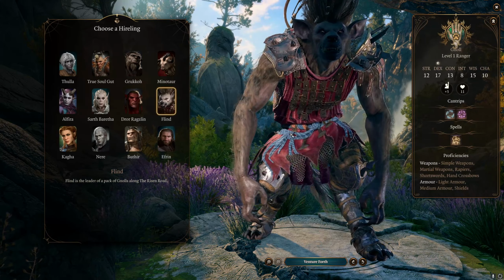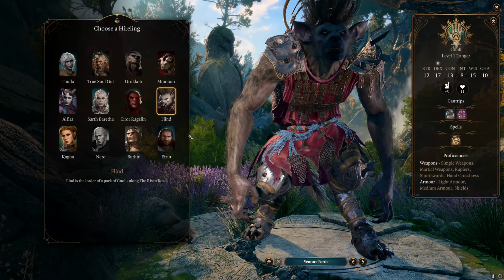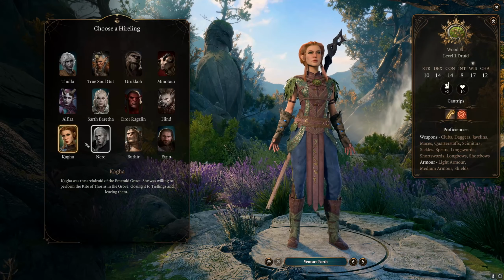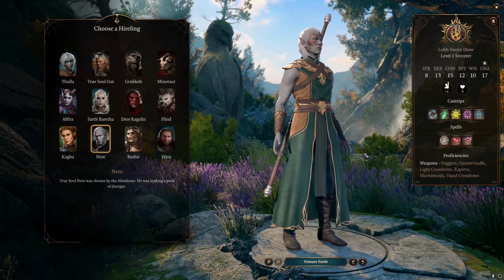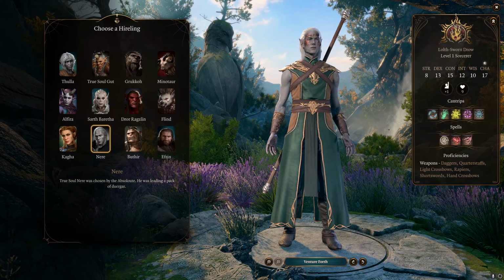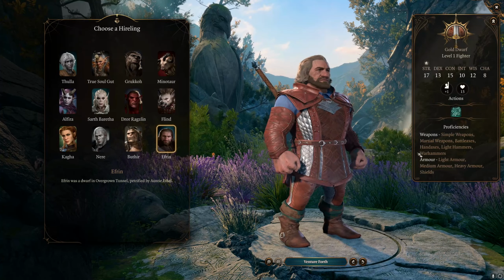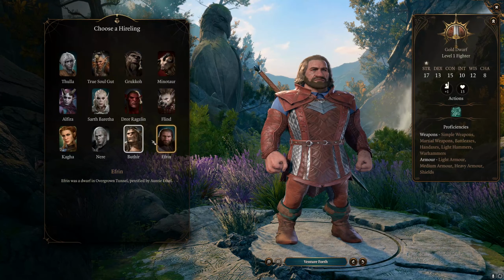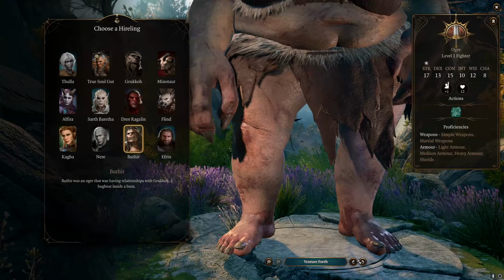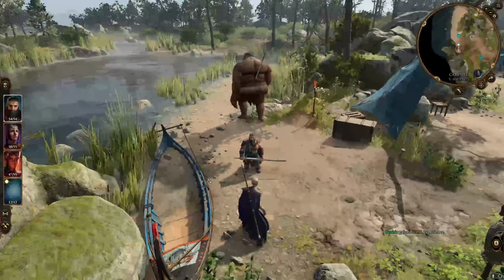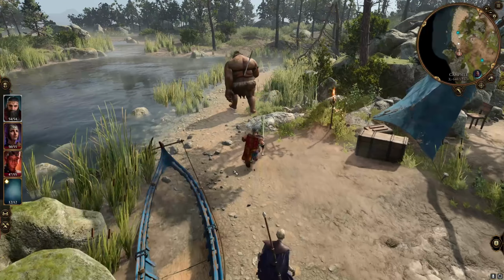Do keep in mind that some of the larger characters like the Minotaur and the Ogre do kind of get a little wonky with their animations and stuff like that. And in their character screen, you only see the bottom half of them. This is just because they weren't meant to be playable characters, so they're a little bit taller. But with their animations, it does feel a little wonky too. But it is actually really cool that you can have these and you can play with them, and I've had a lot of fun doing that,